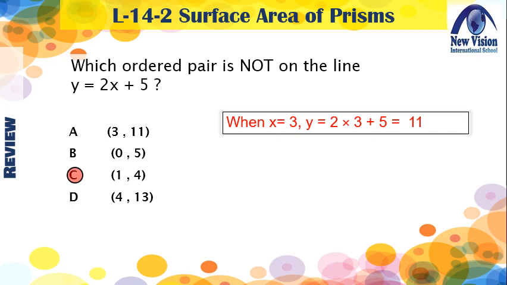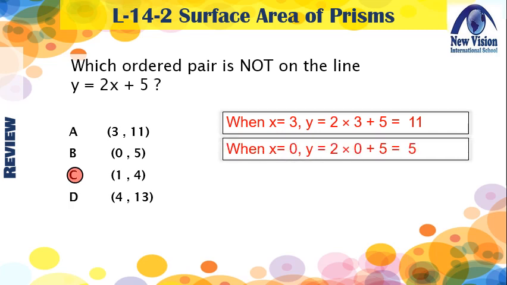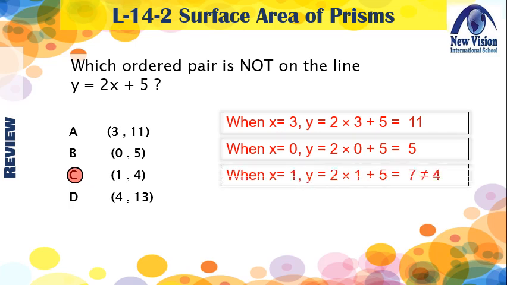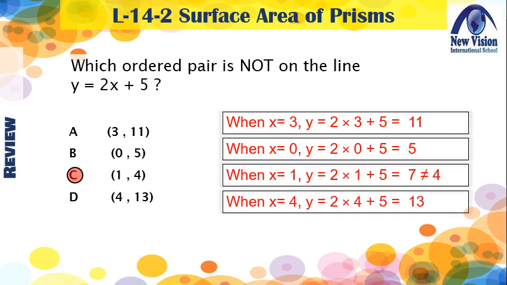Now let's check each choice. 2 times 0 plus 5 equals 0 plus 5 equals 5, choice B satisfies. Next, 2 times 1 plus 5 equals 2 plus 5 is 7, not 4, which means it does not satisfy. Now 2 times 4 plus 5 equals 8 plus 5 equals 13, it is also satisfying our equation. So the only coordinate pair that does not satisfy the equation y equals 2x plus 5 is ordered pair (1, 4). So our answer is